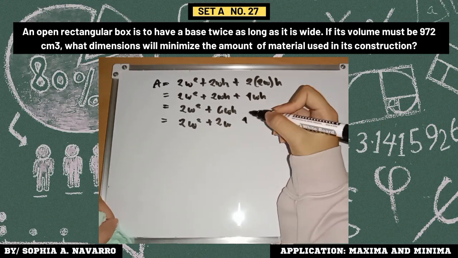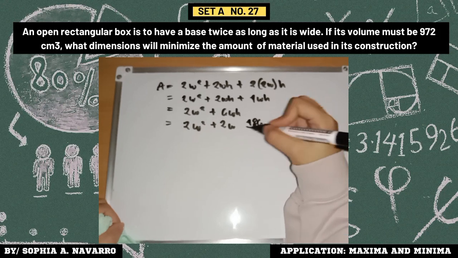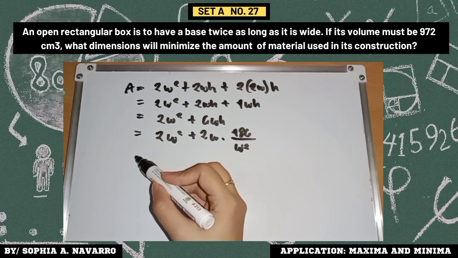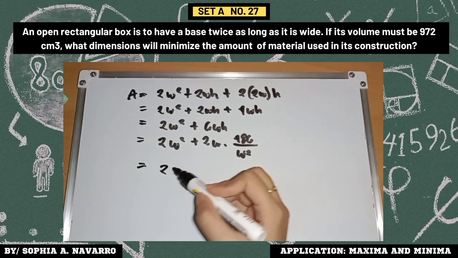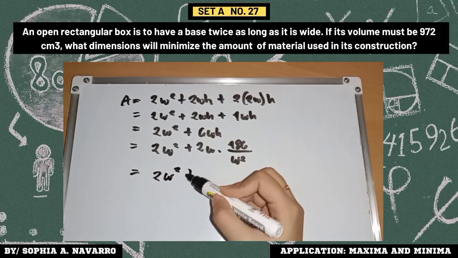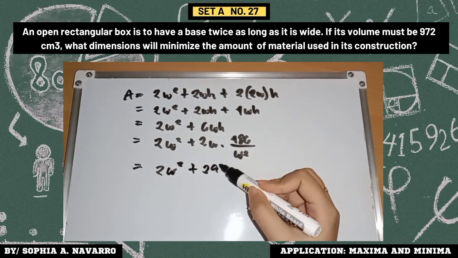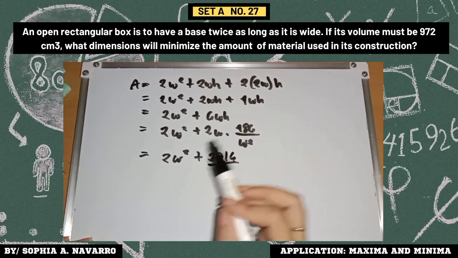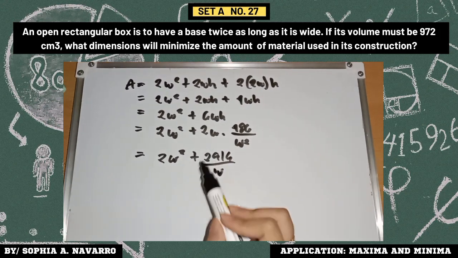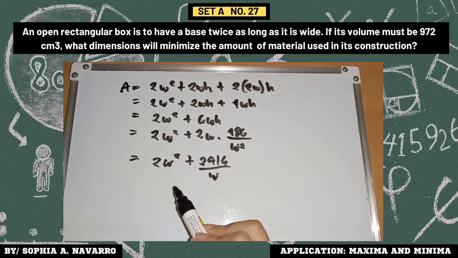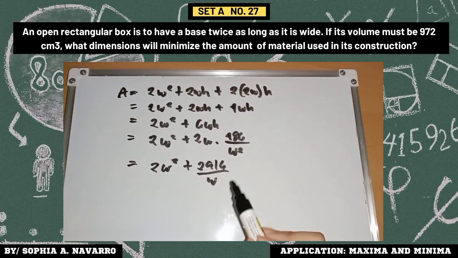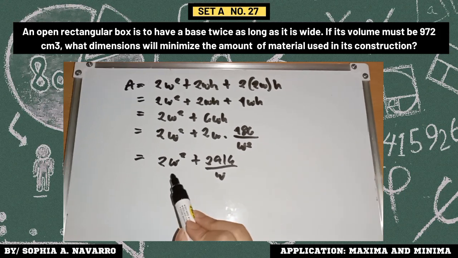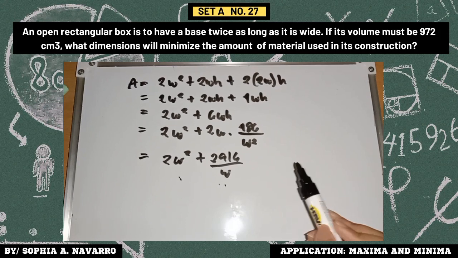Which is equal to 2 width squared plus 2 width times 486 over width squared, equals 2 width squared plus 2916 over width. And we have to get the derivative of both sides, and that is